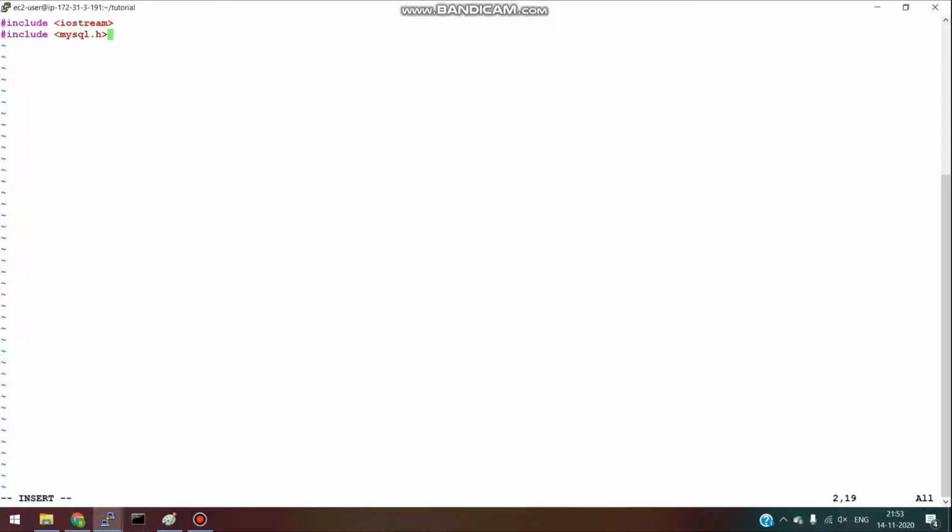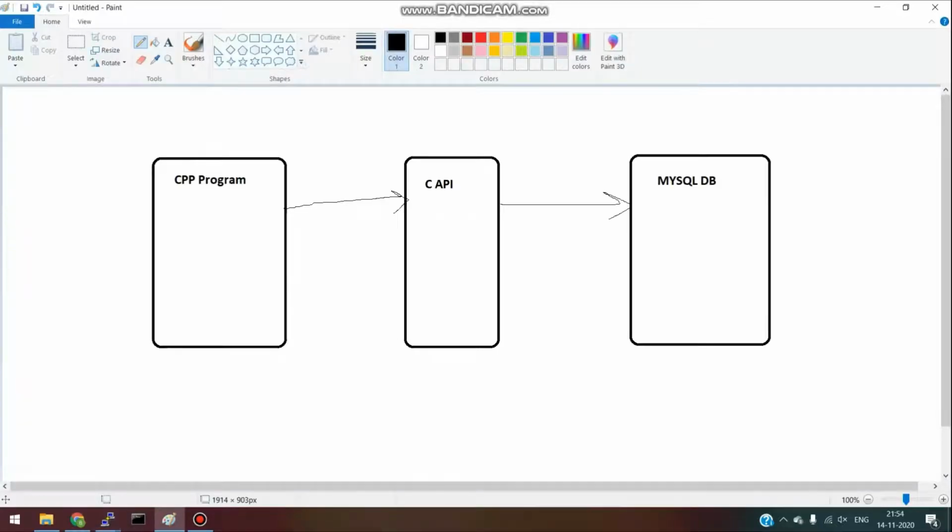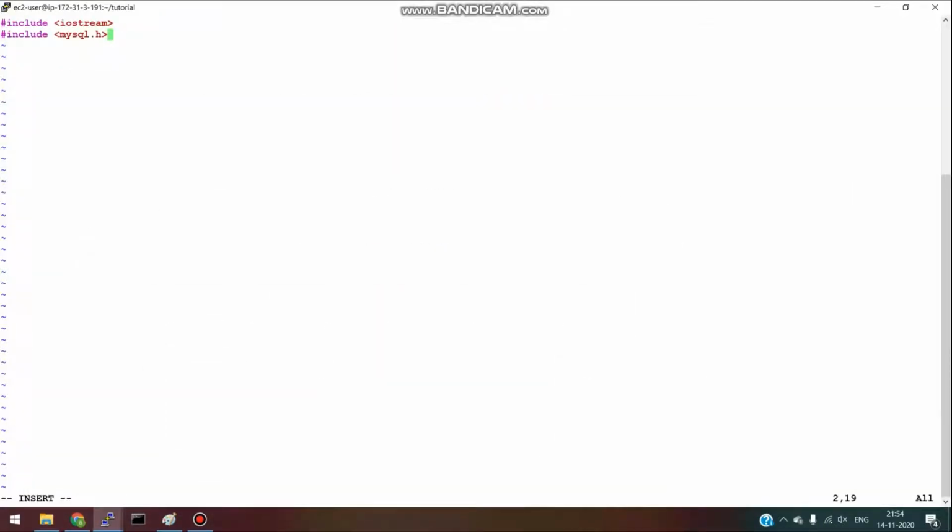This mysql.h header file contains all the function declarations that are provided by the C API. So we have to include it, and while compiling, make sure that you include the path for this header file. If your MySQL server is not on the default path, you have to provide the path. We will do that later.